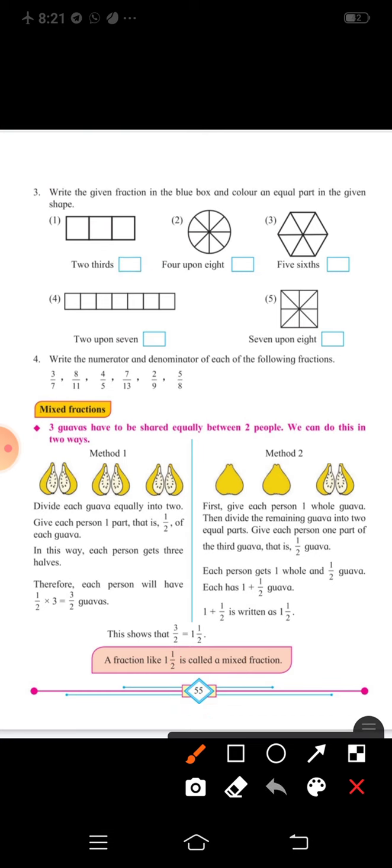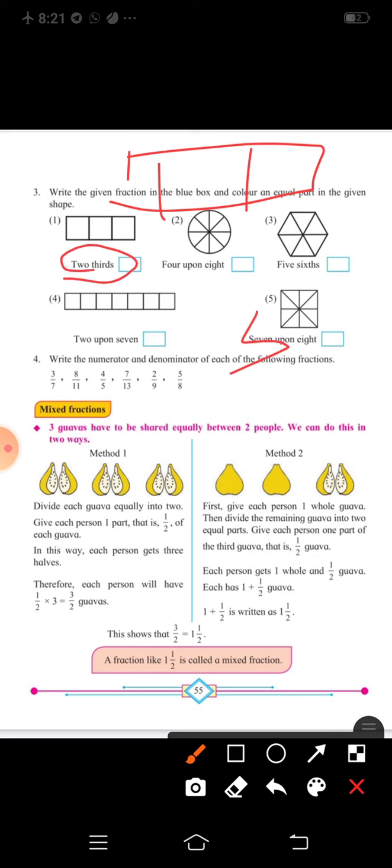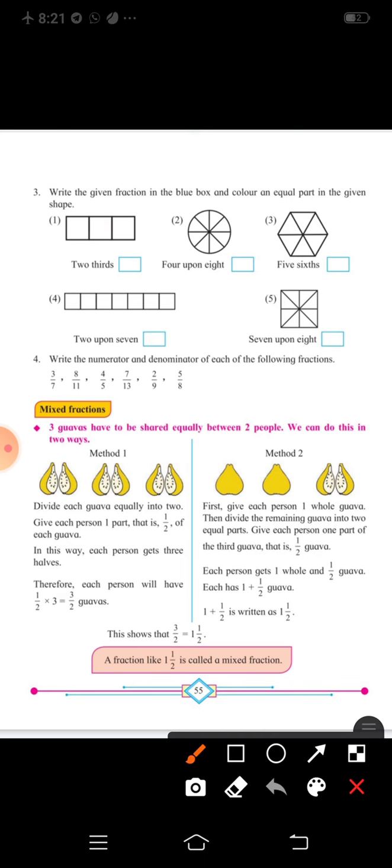Now first one, see the box is given, from that they had divided into three parts, okay? So total is three parts. From that what they have said, 2/3. So how you will write? 2/3 means it is divided into three parts. So down denominator you will write 3, and how many parts they have said to color? 2. So 2/3. 2/3 you will color it, okay? 2/3 part you will color it, okay students? And you will write the fraction in this way, 2/3.